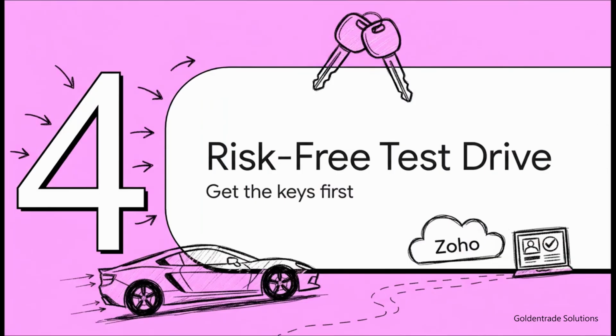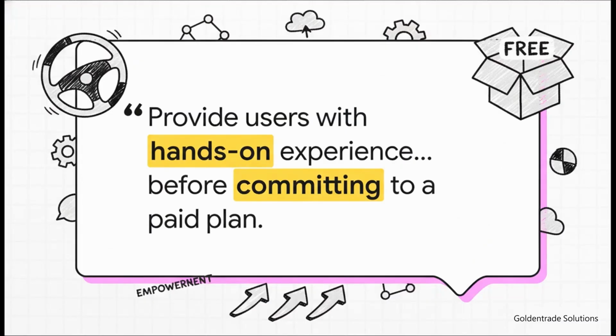So, all of this probably sounds pretty great, right? But how can you be sure it's the right vehicle for you? I mean, you wouldn't buy a car without taking it for a spin, would you? Well, Zoho feels the exact same way about their software. The whole philosophy is actually really simple. Give people a real, hands-on experience before they have to commit to anything. That free trial isn't some marketing gimmick, it's a core part of their strategy. It's designed to put you behind the wheel so you can feel the engine for yourself